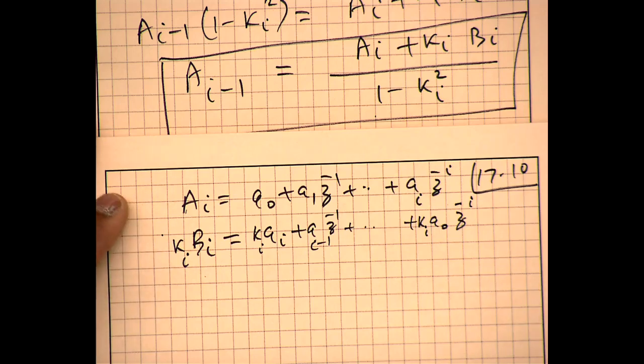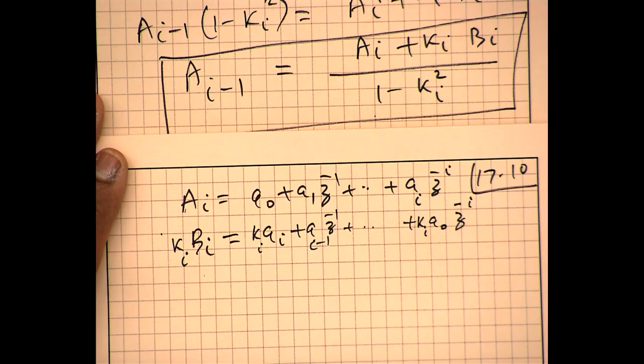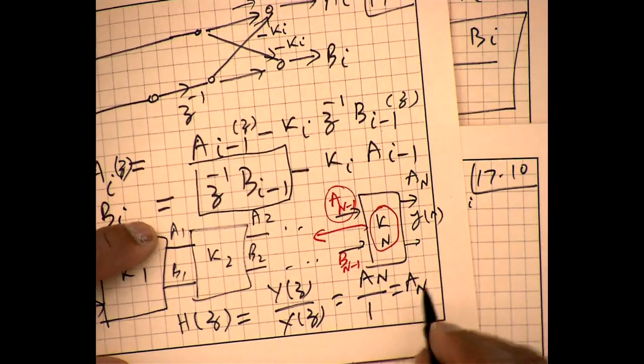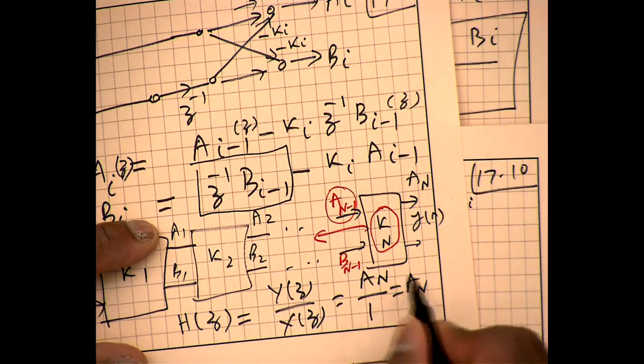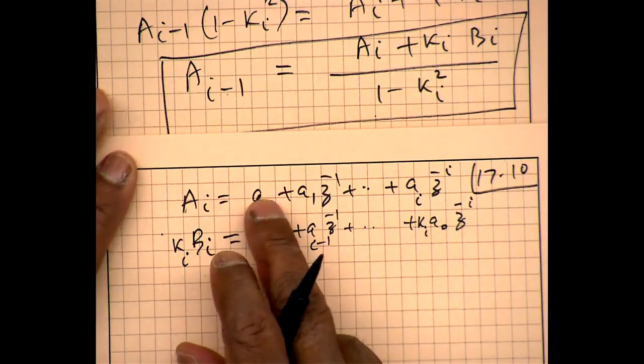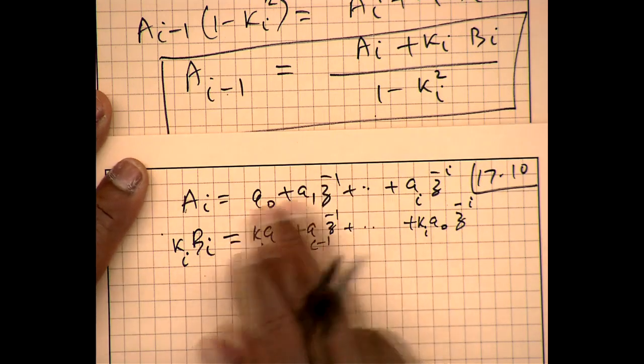Okay, so I probably should have said one more thing, that we have assumed that all these A_i, the constant coefficient, is always 1. I should have said that initially, because if we have A_N, the transfer function, and there is a constant factor, we'll take that outside. So let's assume A_0 is 1 all the time.